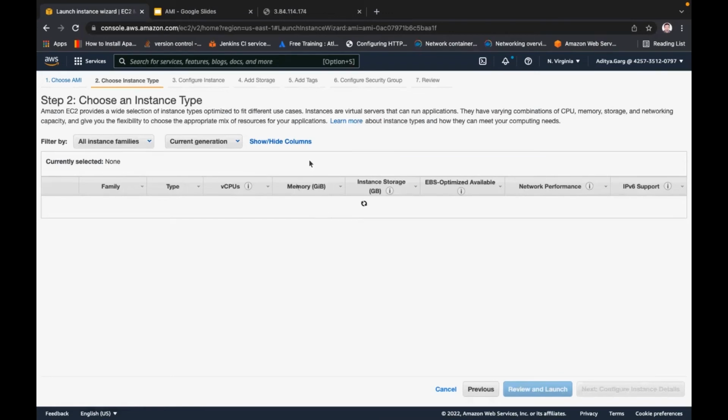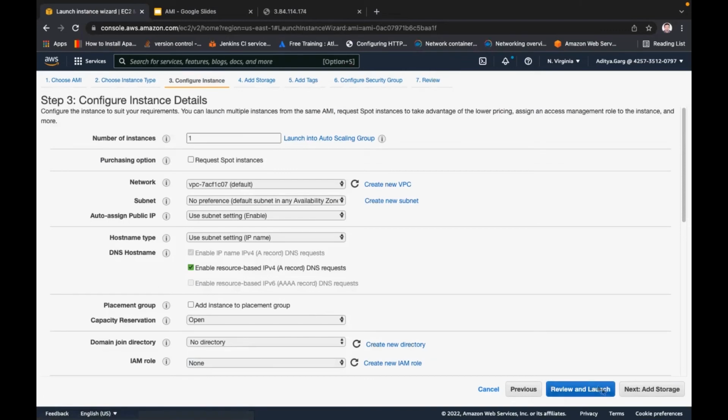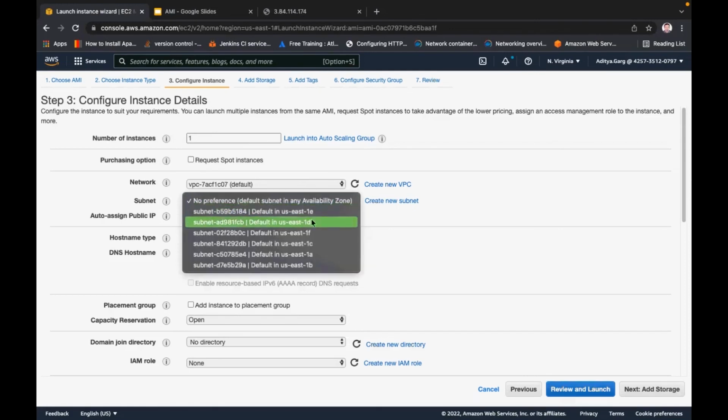How to do that? I will not go ahead and launch it, I will just say where we have to make the changes. In this configure instance step, you have the subnet. I am creating the instance from that AMI. Now you can select, and you see there are different availability zones like 1E, 1D, 1F, 1C, 1A, 1B.